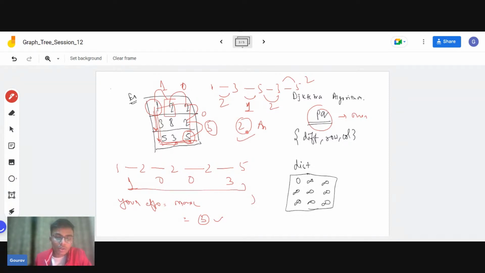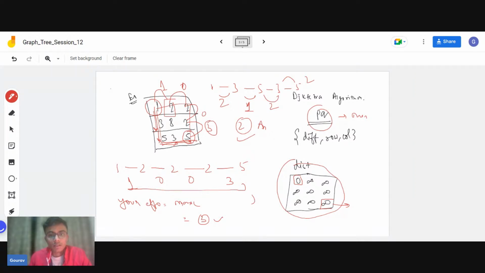Okay, so in Dijkstra's algorithm, what we were doing, we were minimizing our cost, the weight. That is the reason every node has an edge, and every edge has a weight. So in our path, we were trying to minimize the total weight. That is the reason we are keeping a distance array. Initially we are initializing the first value as 0, because the cost to reach from this point to this point will be 0. So after this algorithm is over, whatever value is stored here will be the minimum possible value to reach our destination. I hope you all got this.